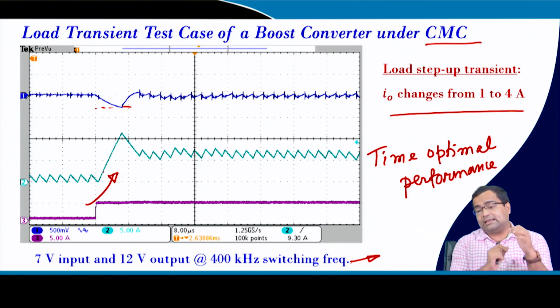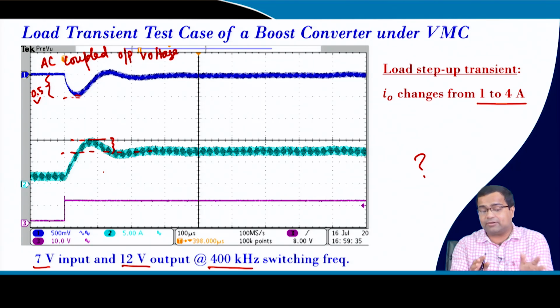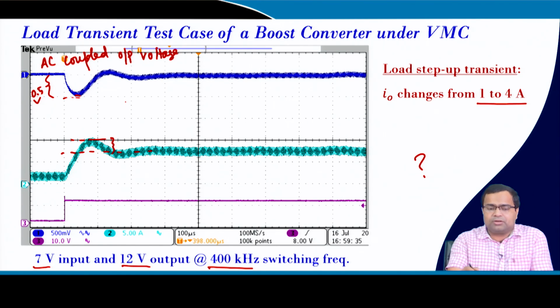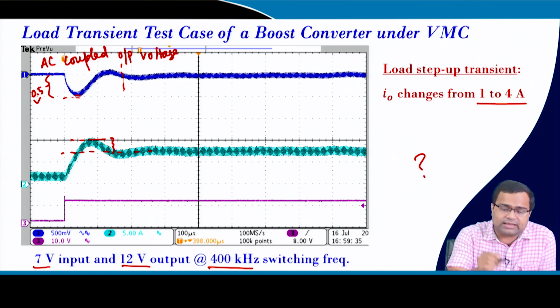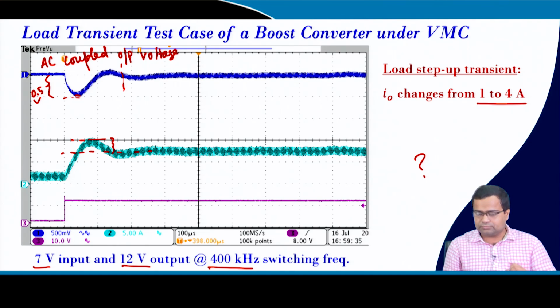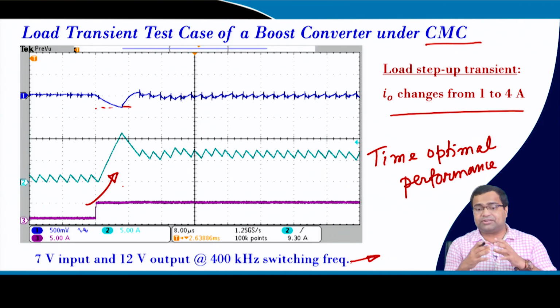But in this case, since the actual converter is a switching converter, the linear model is not valid. And the fundamental difference is very obvious: the response is drastically improved, because here it was taking around hundreds of cycles, like 150 to 200 cycles, whereas here it is taking only a few cycles, maybe even 4, 5, 6 cycles or within 10 cycles. So, you can see a drastic improvement in the transient, more than 10 times faster.